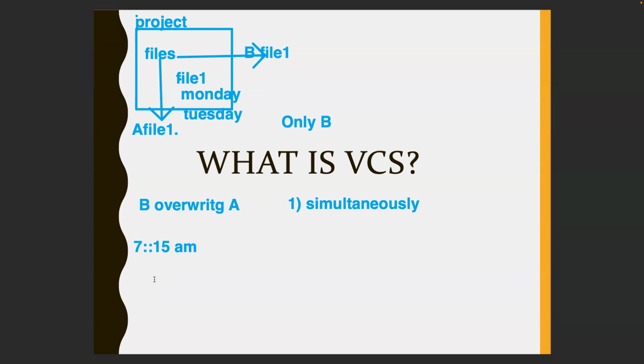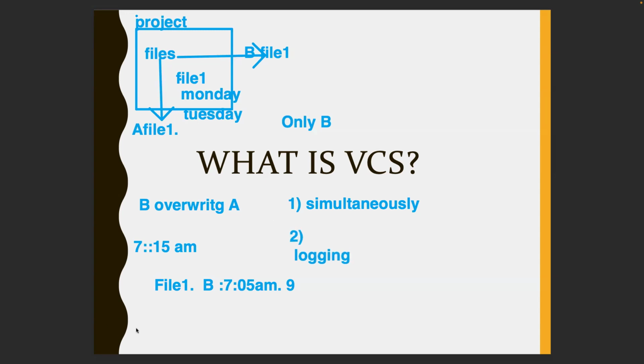So in this case, if you have a system which can provide detailed logging, like file 1 was modified by person B at 7:05 on line number 9. If you have this kind of detailed logging, which person made changes to what files, it could be very much helpful, right? Am I correct? Yes. So we need a system which can provide this kind of detailed logging, right? That is another use case where a version control system comes in,